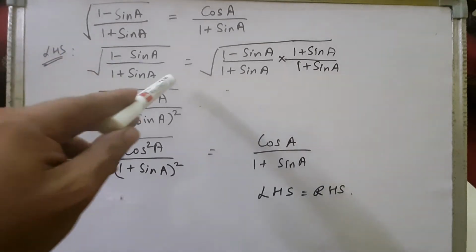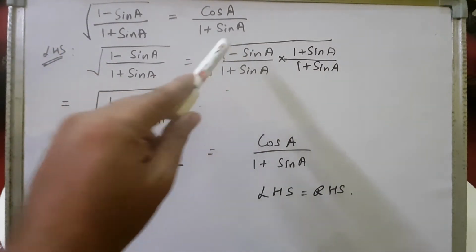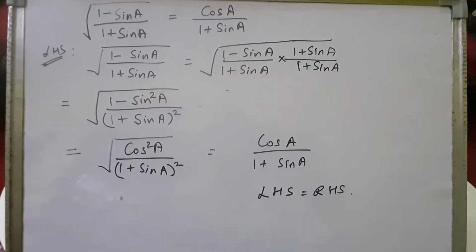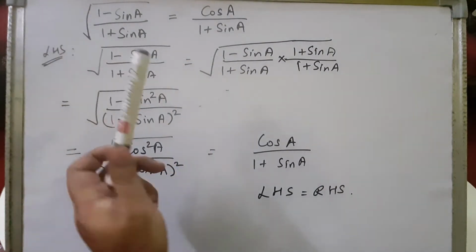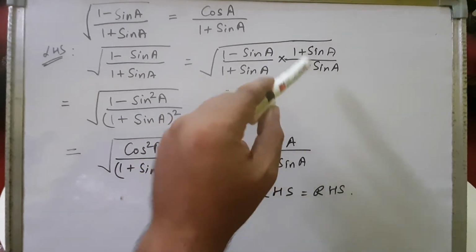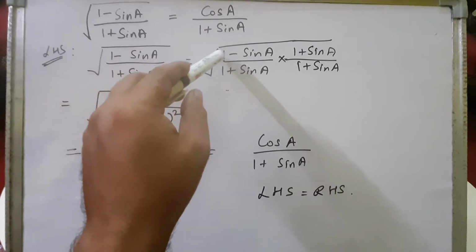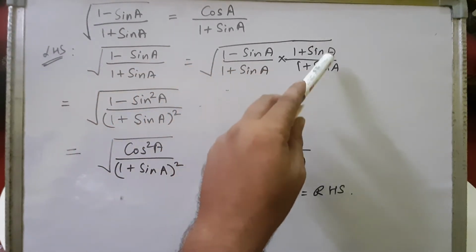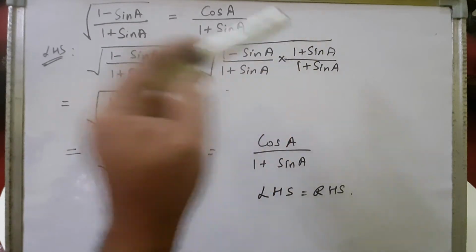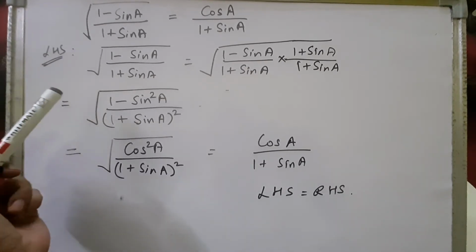Now the procedure of solving is, we first multiply 1 plus sin A to both numerator and denominator inside the square root. So what will it become? 1 minus sin A upon 1 plus sin A into 1 plus sin A upon 1 plus sin A. Now you can see here it is written 1 minus sin A in the numerator, 1 plus sin A. So A minus B and A plus B. When A minus B into A plus B is written, what will it become? A square minus B square, right? So the square of 1 is 1.